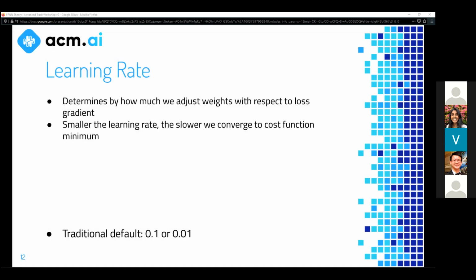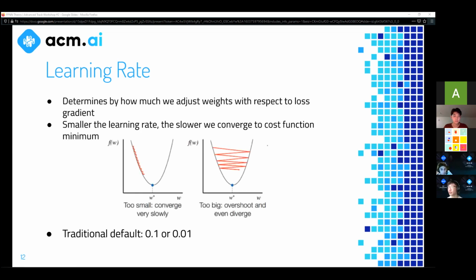So another thing was the learning rate. The learning rate is something that we can adjust as a hyperparameter, right? It's something that we set at the beginning of our training process, and that determines how fast it makes those hops. So in this diagram, we can see that our choice of learning rate can actually affect how well it converges to a minimum, or whether it converges or not.